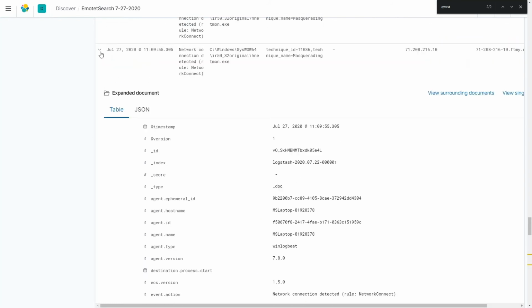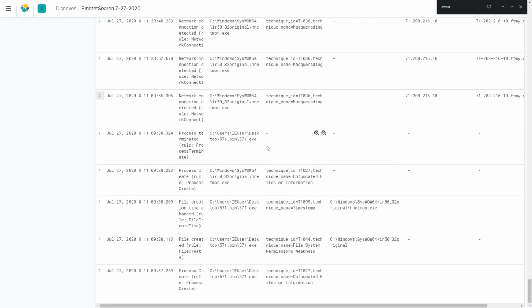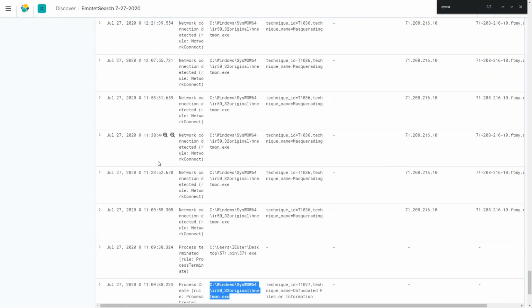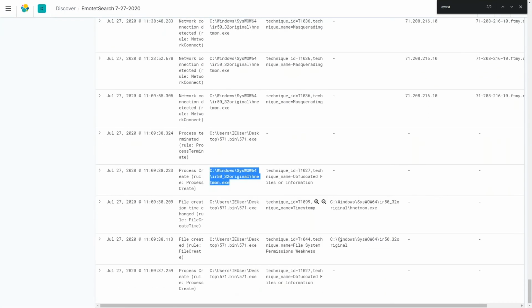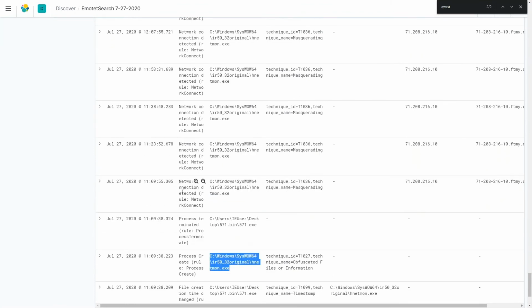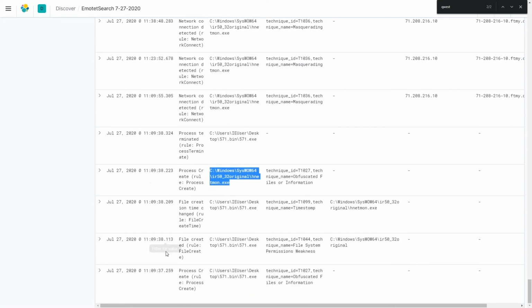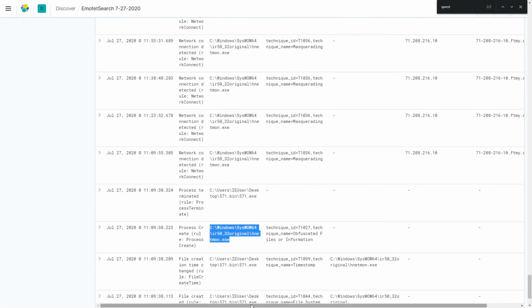So what we notice here is that we have process creation, file creation, timestamping. The file that was written is now being executed. We're going to terminate the old process to try and hide our tracks. And along the way, we would have seen an event ID 23. And this is all happening in a matter of seconds. So we have 11:09:37, and now at 11:09:55, we're already seeing it attempting to call back